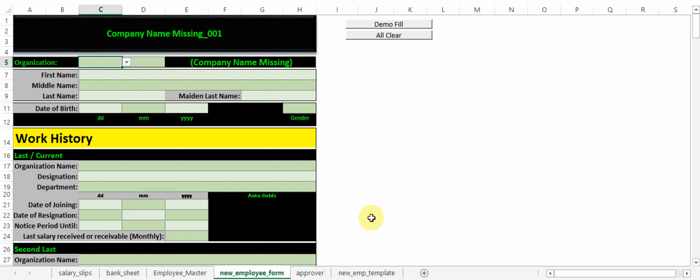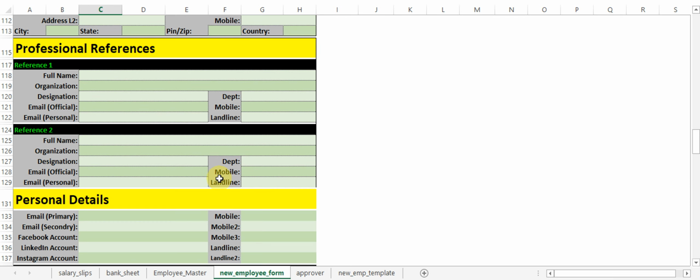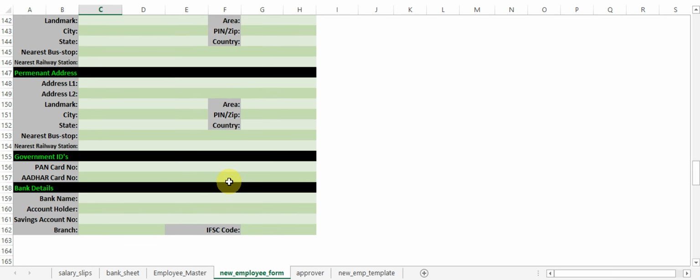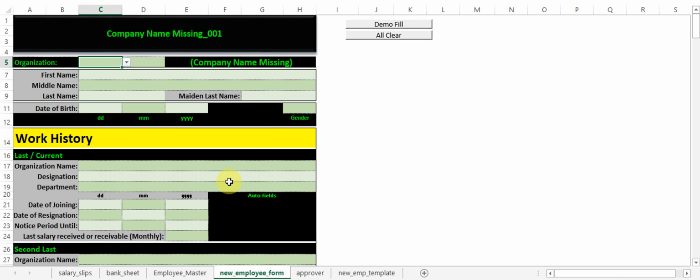Now, when we have a new employee joining, the first thing the new employee will need to do is to fill in this new employee form. So this form will take down all the information from the employee that will be required for our records. For that, right now we'll use demo data. Once the data is updated,